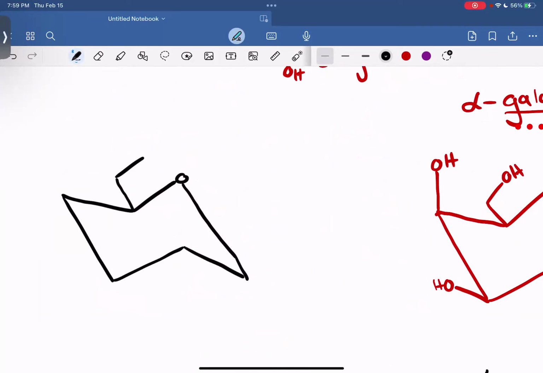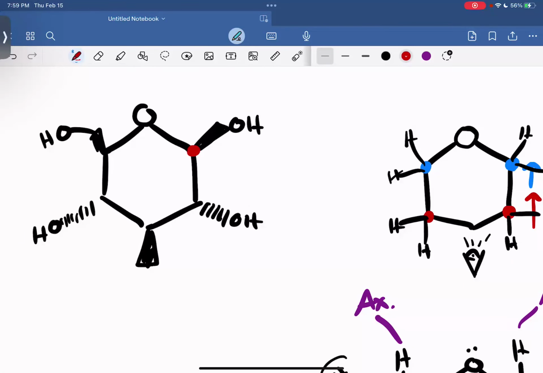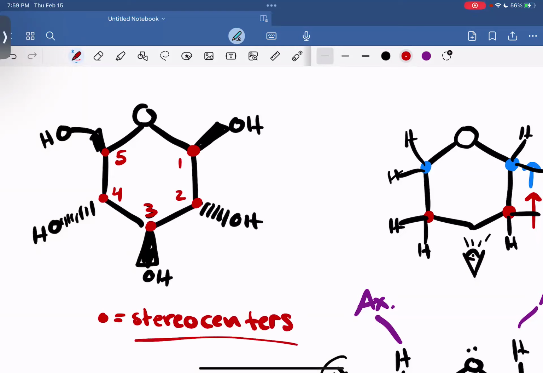Just like we learned when we drew our original form of glucose, we learned that carbon 1, carbon 2, whoops, I never drew the alcohol here. Carbon 3 and carbon 4, carbon 5 are all stereocenters. Okay? So that means that when you change, let's say this is a wedge, and we were to change this